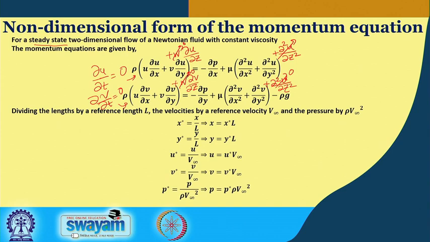So, you can see that if you look at the Bernoulli equation, the pressure head we have is like this: P by rho g plus V square by 2 g plus Z equal to constant. So, you can see that we can correlate the pressure with the velocity. Okay? That kind of inference is taken to find this characteristic pressure, we call it characteristic pressure, okay? And so we get this particular non-dimensional pressure.